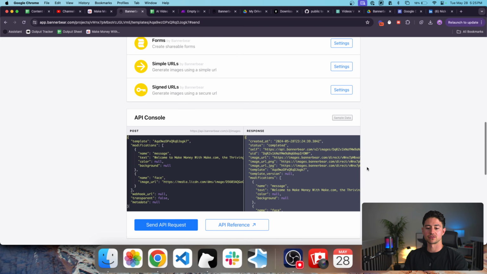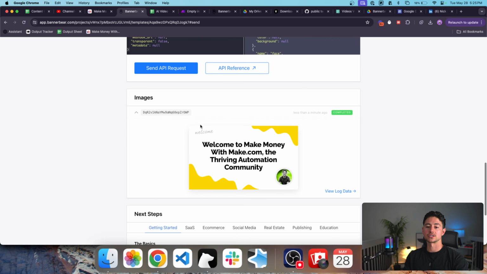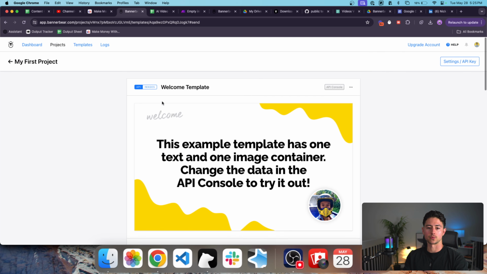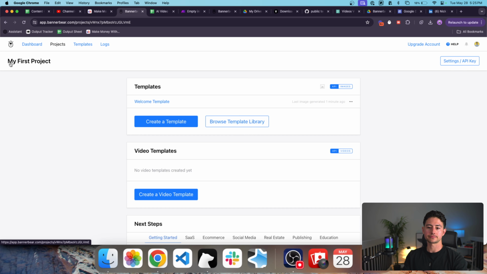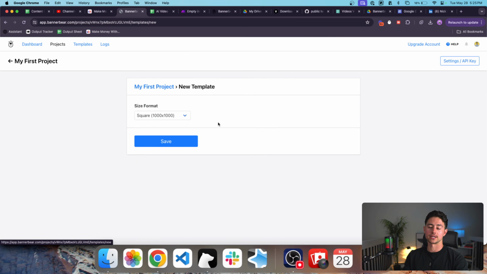You can change a lot of other things too. Obviously we could change the background if we wanted to. We could change the color of the text. We could probably change the font of the text, I believe. Not super clear on exactly where to edit that, but I'm not going to use this welcome template, so I'm just going to throw that away. We're going to go back here. Then I'm going to delete this. And then we're going to go create a template, and